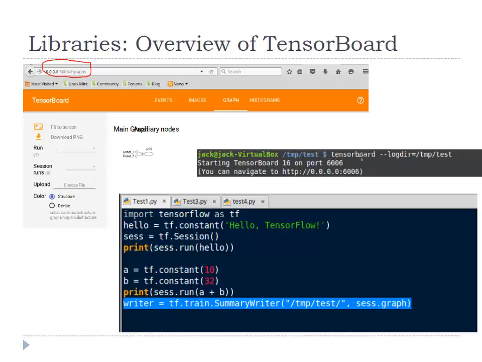So once you execute TensorBoard and provide some sort of location information, just make sure that you have proper access to that location, read and write privileges. Then you can see that there is going to be a port generated, 0.0.0.0:6006. So once you navigate your web browser to that URL, you will be able to see that